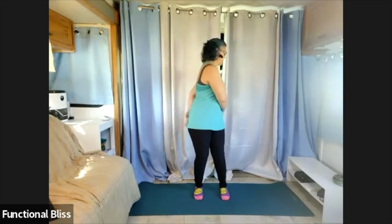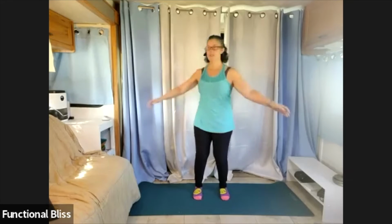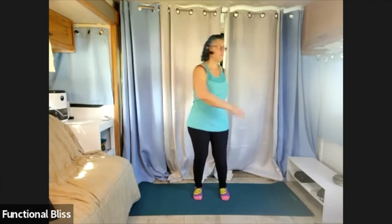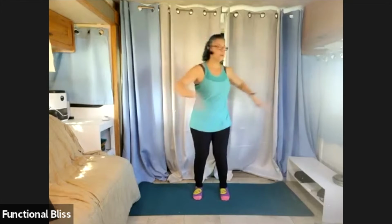From here, we're going to ring the gong. This is going to bring some movement through our center body. Nice, gentle turning side to side, lightly tapping at your hips. And then as you inhale, you're going to bring your hands up your body, all the way up to the top of your rib cage if you can. As you exhale, moving back down